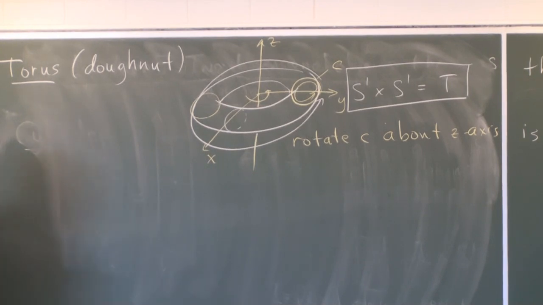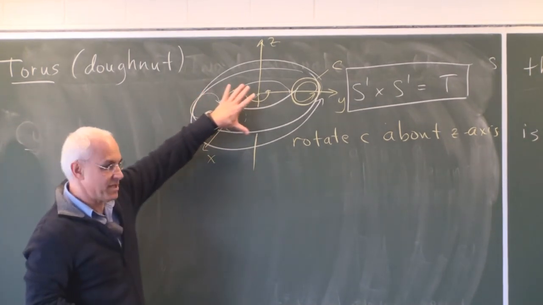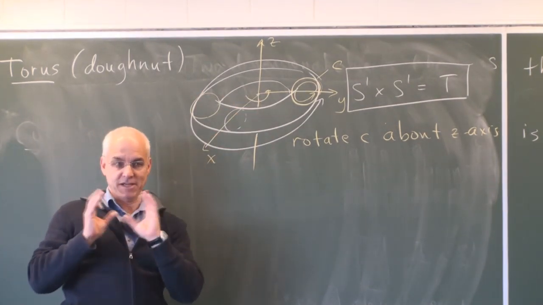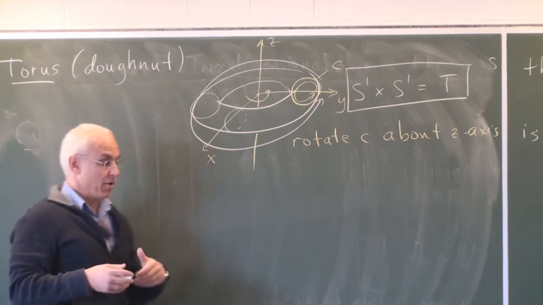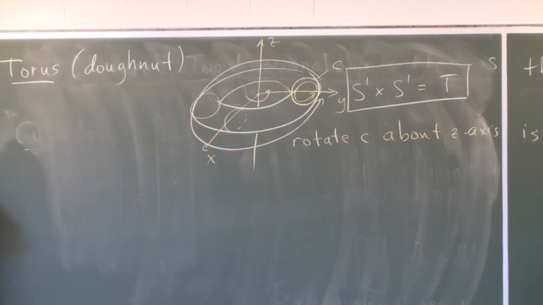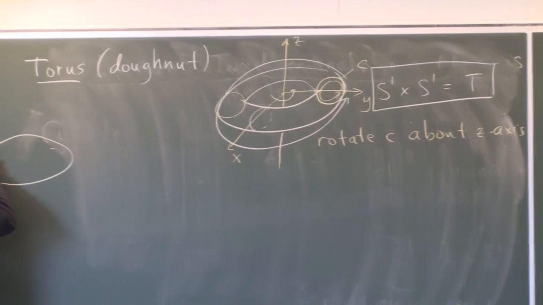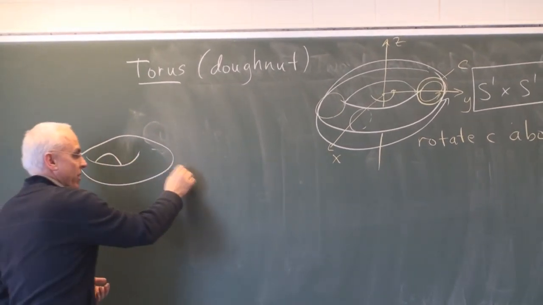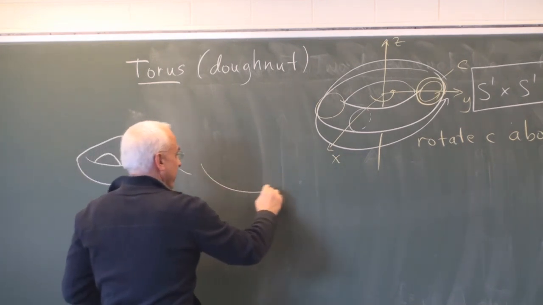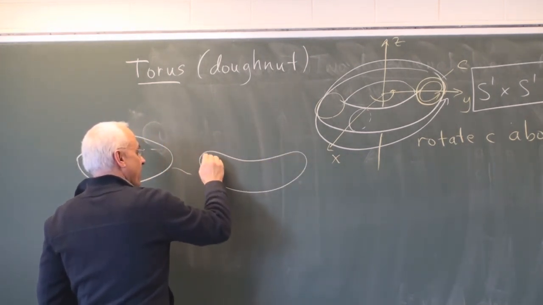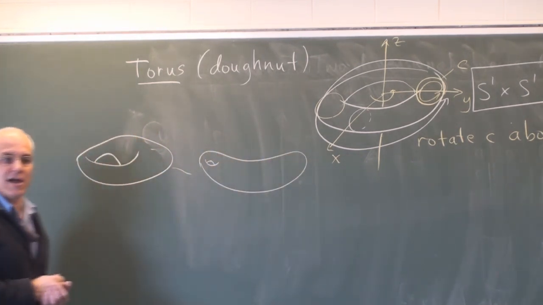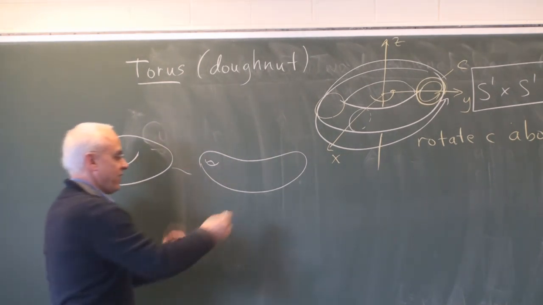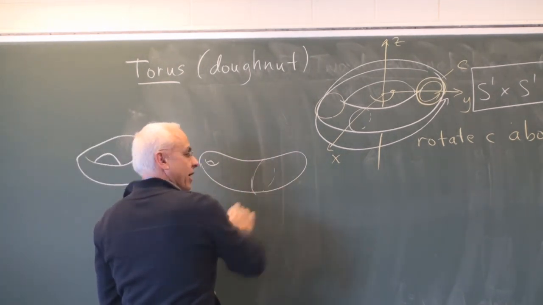Now, topologically, we don't have to insist on this very regular torus sitting inside Euclidean space. We're allowed to deform it. So we can take our torus and we can deform it in lots of different ways. We can deform it so that the hole is off to one side, and the rest of it is kind of like a potato shape.